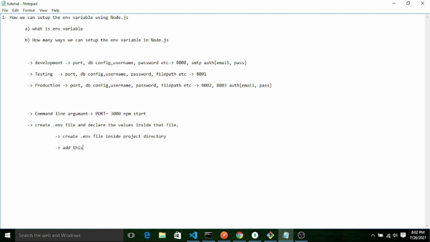I will tell you why. Dot git ignore. Okay. Third part is declare all your config values. Let's say I'm saying config values. Fourth one is fetch those environment values into the Node.js file.